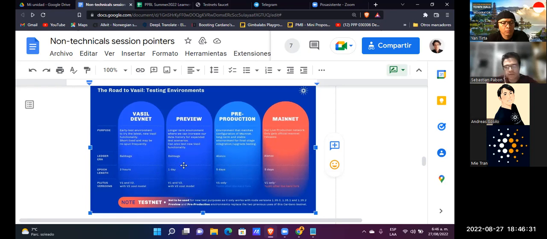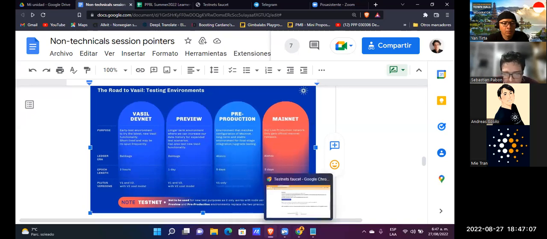The idea is we select pre-production over preview because pre-production is more similar in conditions and deployment characteristics to the mainnet. Both are really similar, and I don't have it clear what the difference is. But at this moment, we are working with the pre-production testnet.